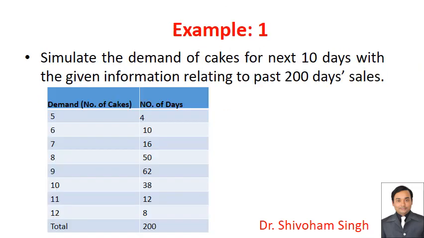For instance, there is a bakery and we have to simulate the demand for cakes for the next 10 days. The past 200 days of sales information is given to us, that is, the demand for cakes along with the frequencies of that demand. Like, this data shows that 5 cakes were demanded on 4 days out of 200 days. Likewise,